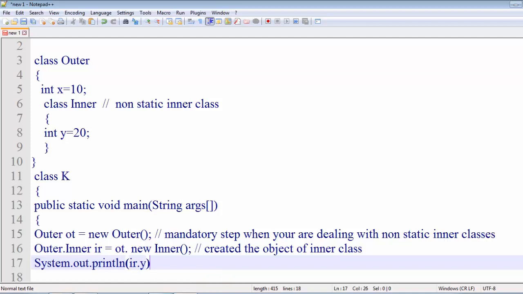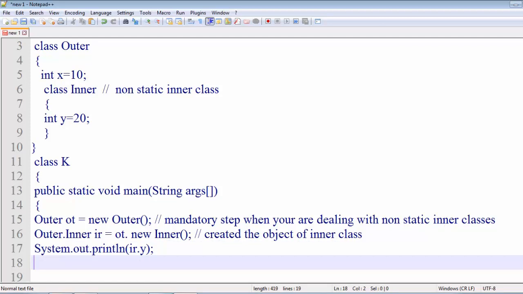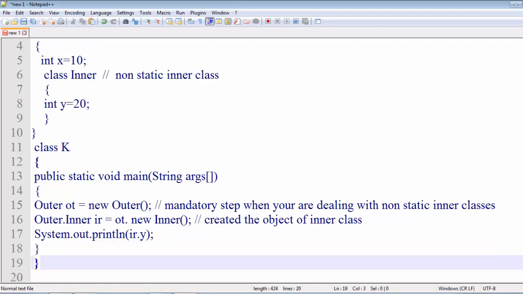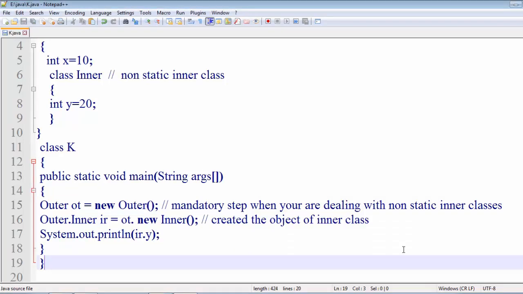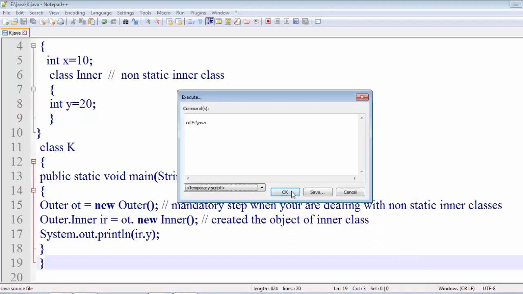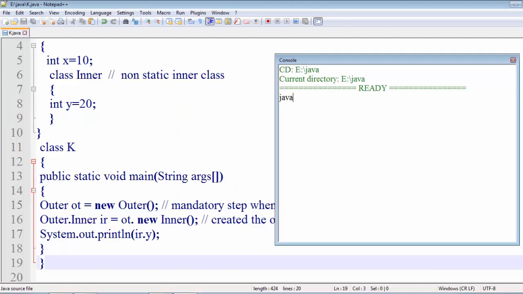Let's try to run this. This is completed now, so we save it as K.java and compile it, to see if there are any errors or if it will compile successfully. javac K.java.